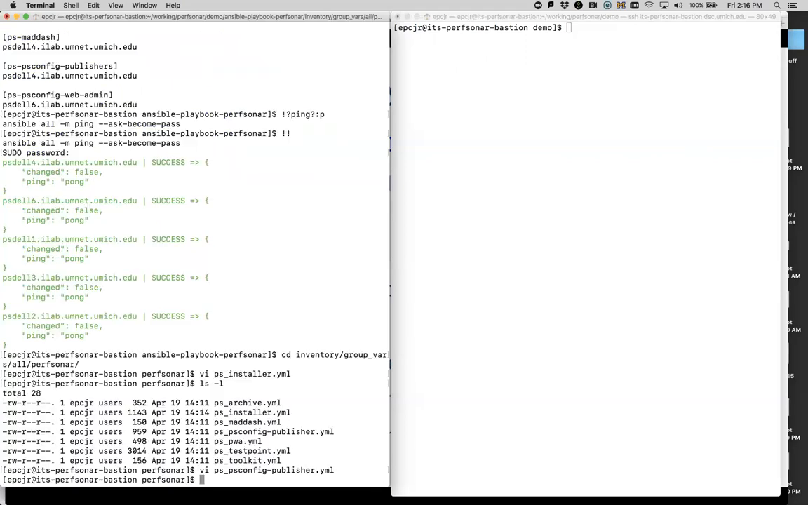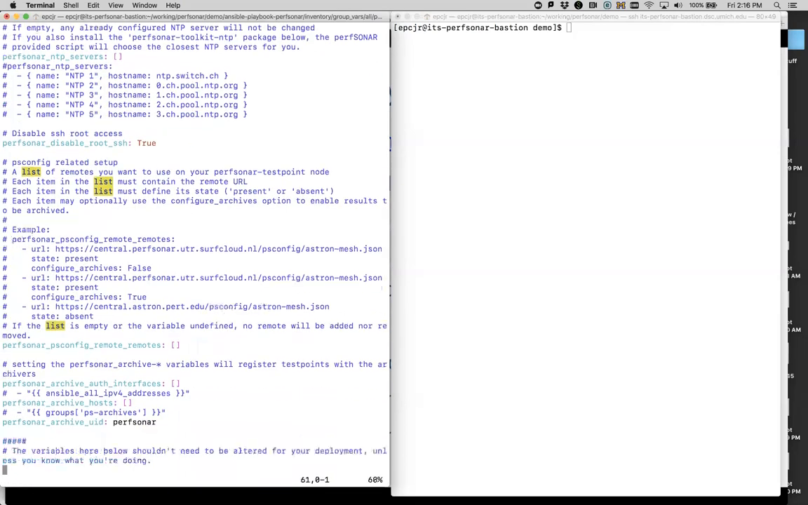All right, and now there was one other thing I was thinking about doing. Oh, yes. So our test point has the ability to register its IP addresses with the archiver, and I'm going to turn that on. I'm going to make the set not empty. I'm going to say I want all my IPv4 addresses, and I want to send them to the group of